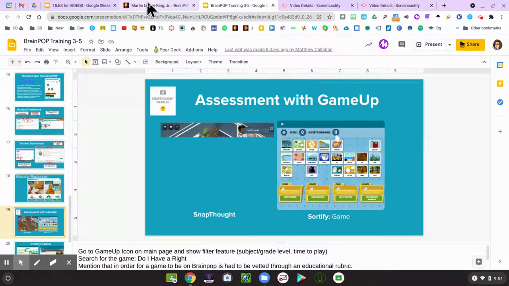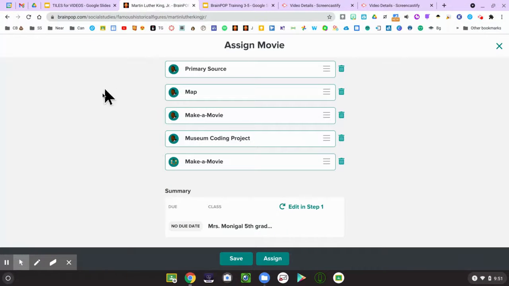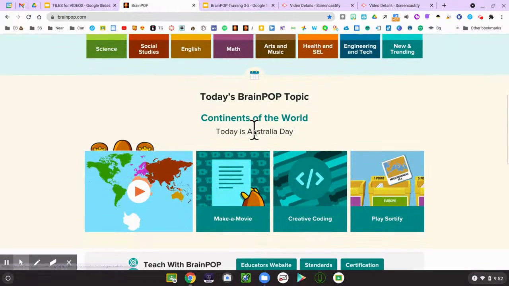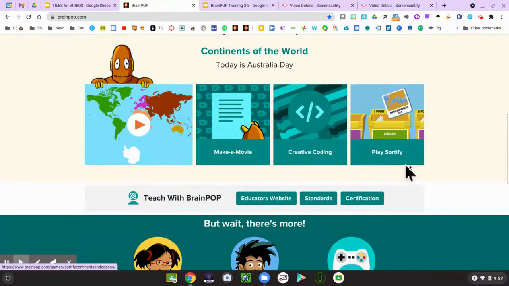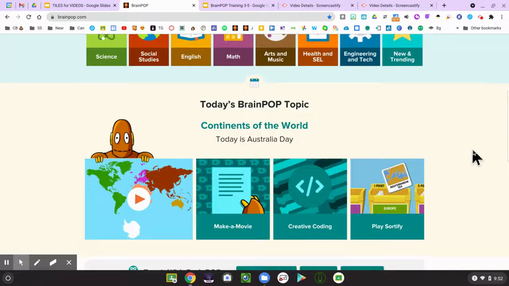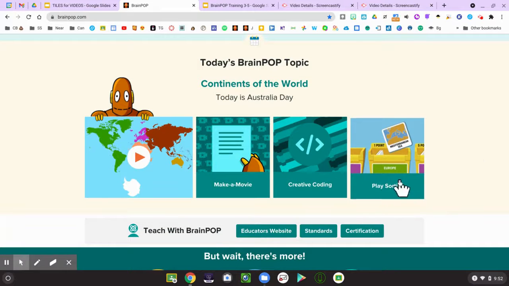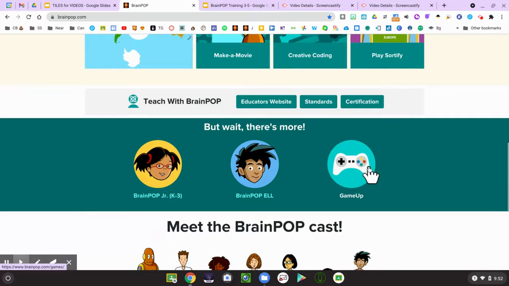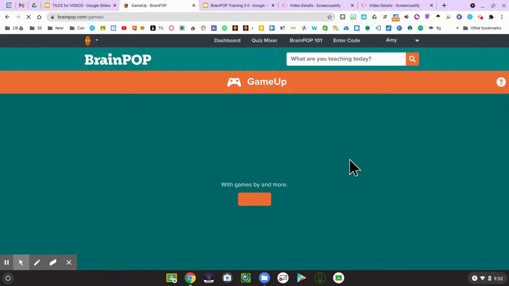So we're going to jump back onto the dashboard. And if I scroll nearly down to the bottom, you will see that I have a button for Play Sortify. And if I scroll a little further, there's a button for Game Up. So I'm going to start with Game Up. When I click on Game Up,